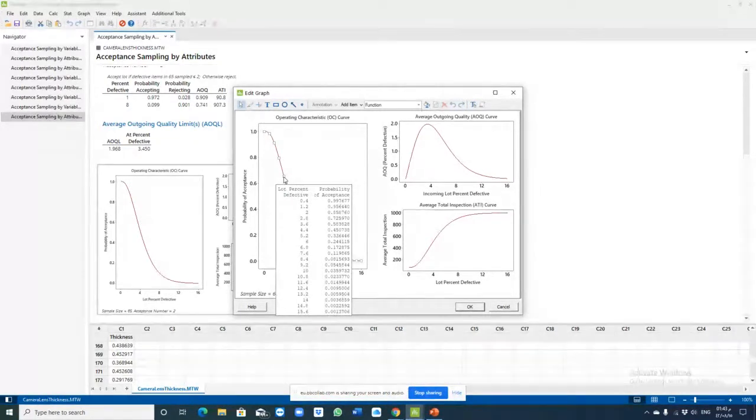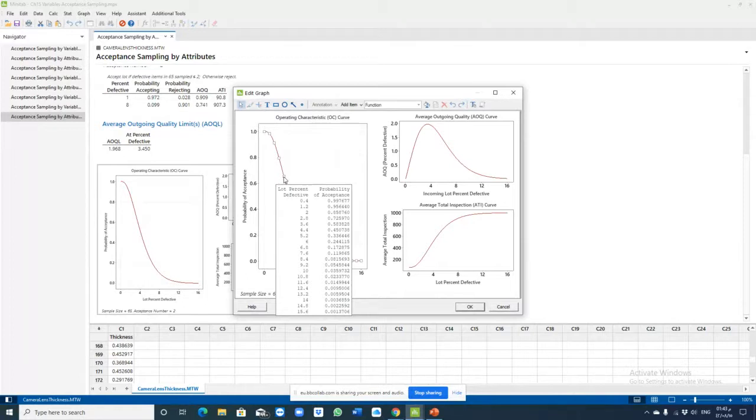of 0.4% defective on the left column, and 1.2% defective also on the left column. That is associated with 0.997 probability of acceptance when the percentage of defect is 0.4, and 0.95 when the percent defective is 1.2. So if I want to find the probability of acceptance when the percent defective is equal to 1,